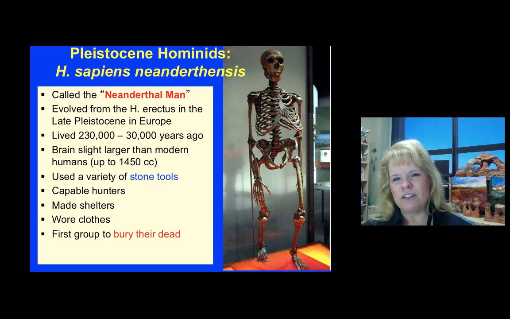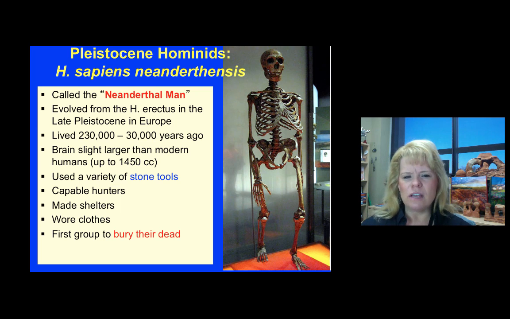We know that this particular organism used a variety of tools, but the Neanderthal had a little bit of some struggles. Even though they learned how to make shelters, we know they wore clothes because we find these remains or these artifacts with their fossils. Another important thing I'd point out is they buried their dead. That's a different part of the brain, an expanded part of the brain that actually does ceremonial and emotion-related procedures. So this is a big evolutionary development in the hominid species.